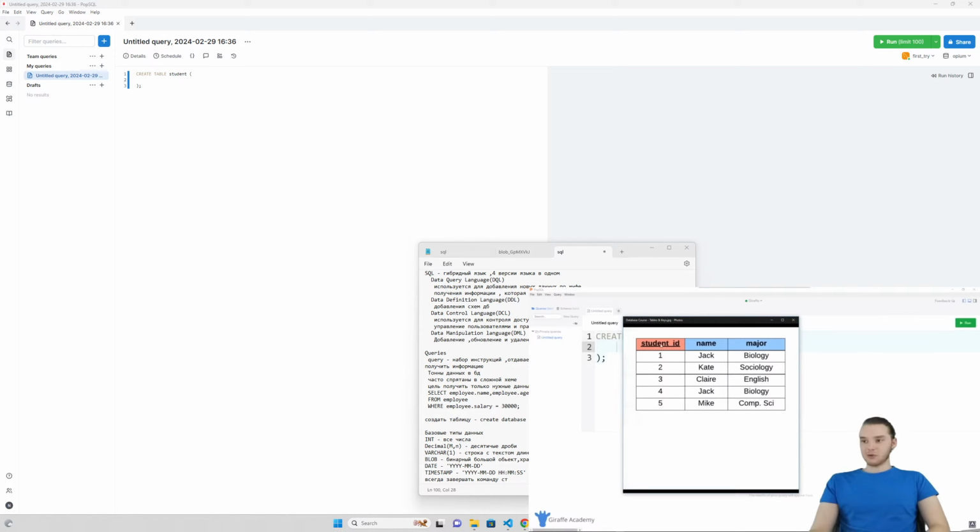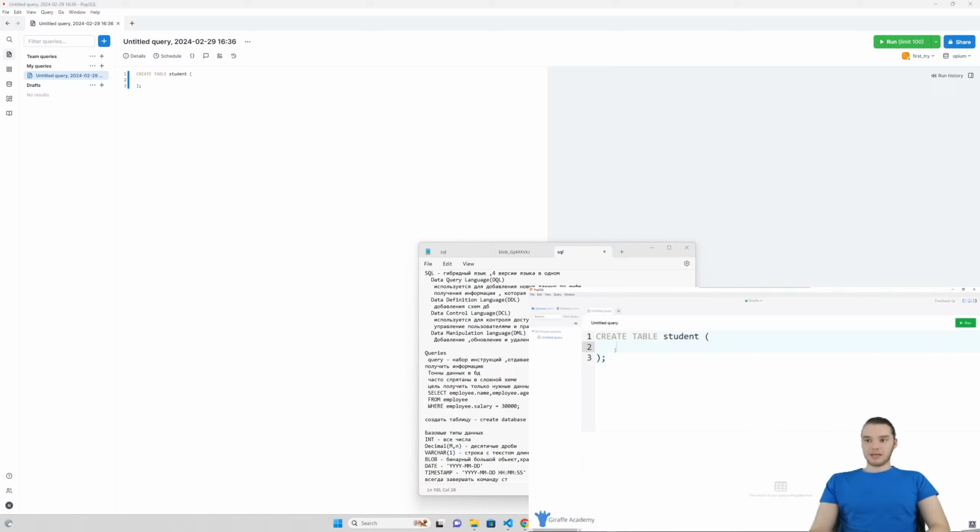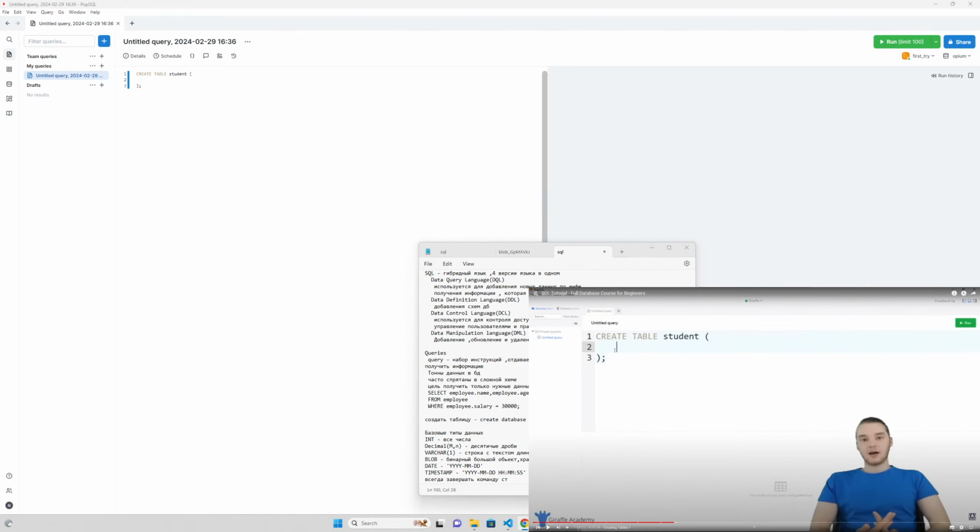So on this table, student ID is the primary key, meaning it's